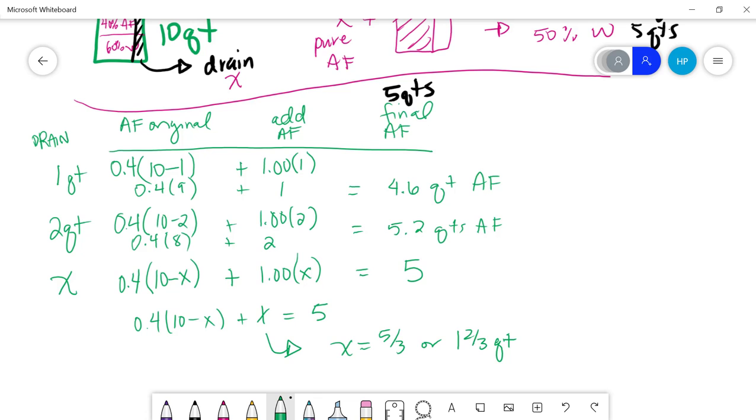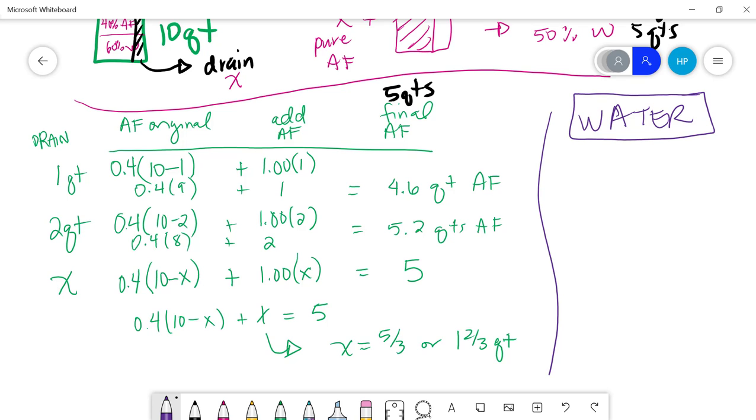But there was at least one group that had this clever way of thinking where they just looked at the water. Instead of looking at the antifreeze, they're just looking at the water. So here's what we know. How much water do we originally have? Well, we start with 0.6, because 60% water, times 10. But then we drain X quarts of water off. So then we have 0.6 times (10 minus X) quarts of water. And we still want 5 quarts of water in the end,